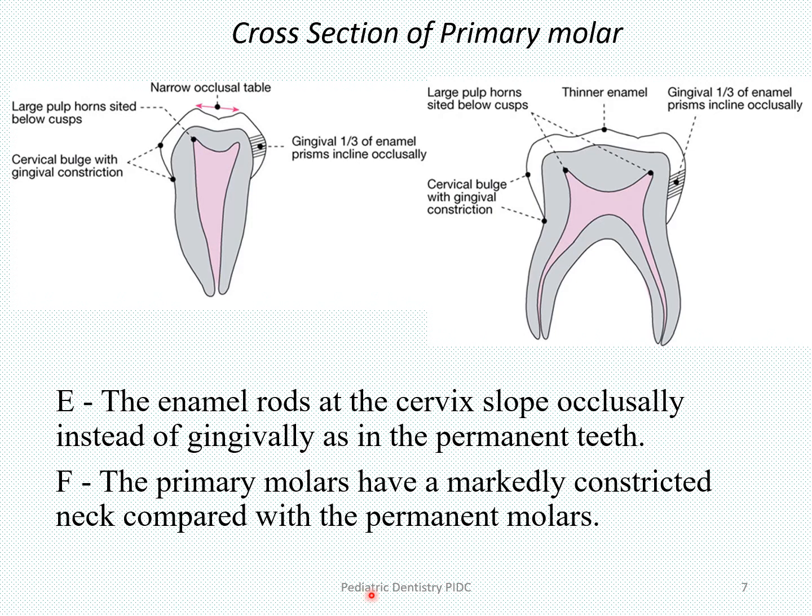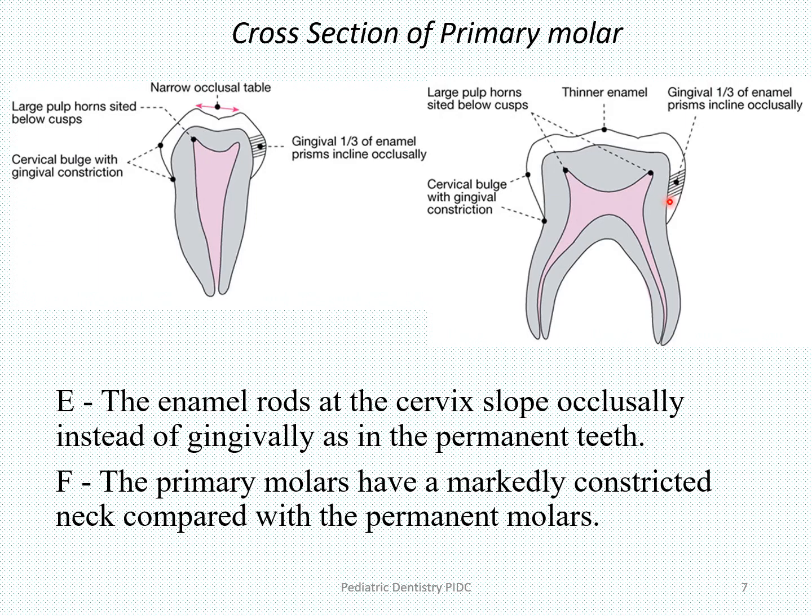So this picture shows a more clear-cut cross section of the primary molars. Here what I'm trying to show you is that the enamel rods, this part here, all enamel rods are sloped occlusally, so they are pointing occlusally, right? So this is one cross section and this is another cross section. So they're all the enamel rods in the gingival third are all inclined occlusally, unlike in the permanent, where in the cervical area